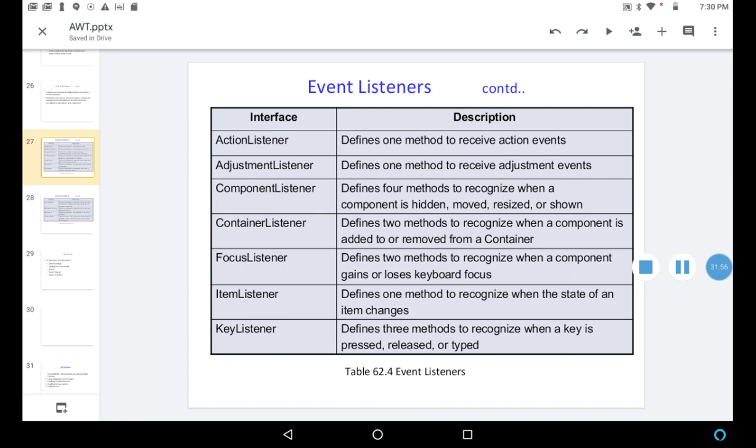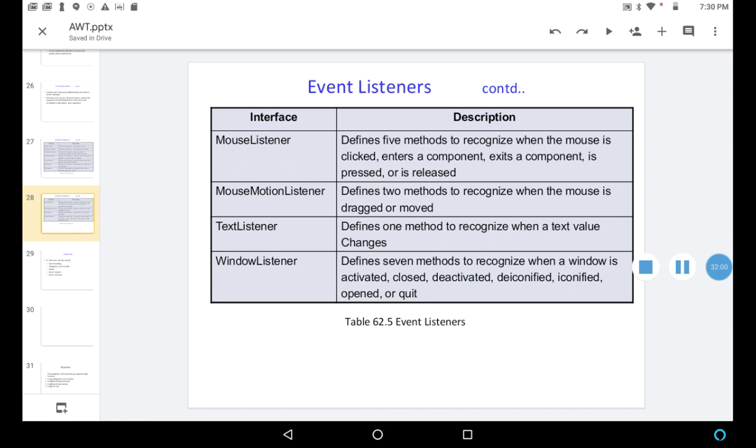And some more listeners: mouse listener, mouse motion listener, text listener, and window listener. These are the listeners present in the AWT to handle the events.